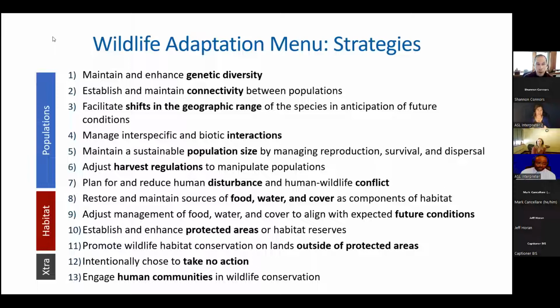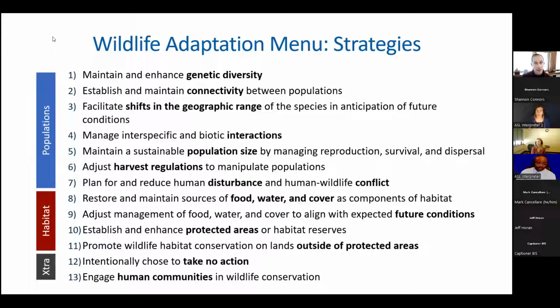And they were able to use these ideas, these general strategies and approaches, which are kind of agnostic to ecosystem type. So theoretically, you should be able to pick and choose ideas off of this menu and then write tactics that are specific to that shrub steppe ecosystem.